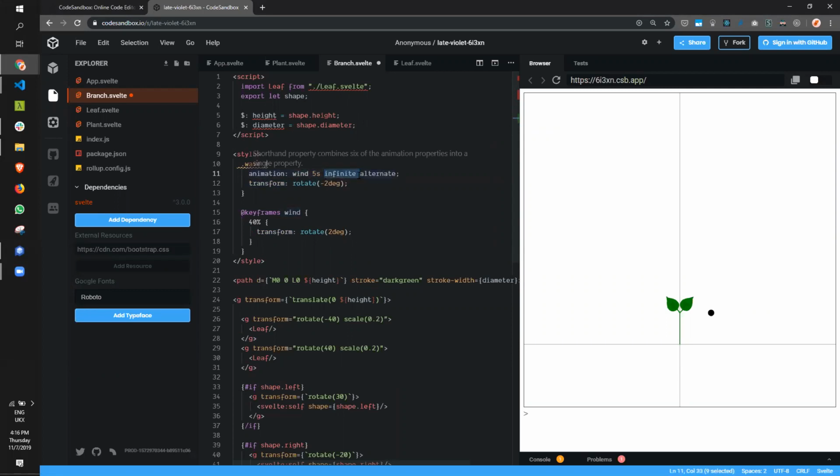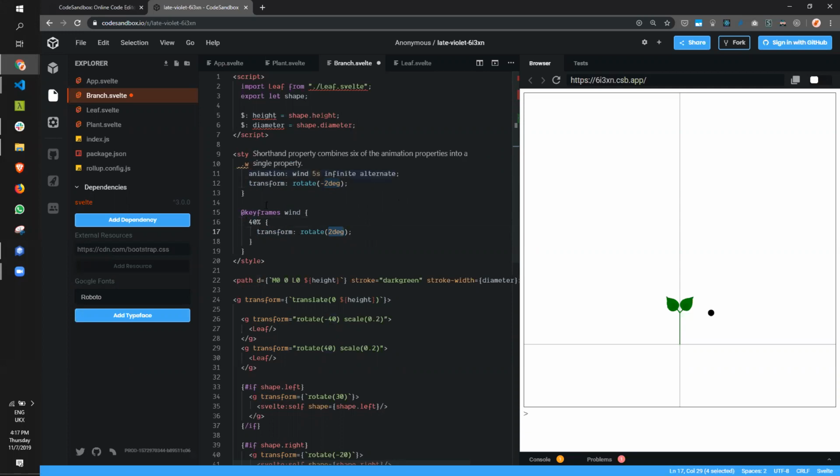We are going to do it all the time, and we are adding a transform of 2 degrees. You have to include the 2 degrees because it's a CSS transform. Then here we are using the wind animation for the keyframes. And we are saying at 40%, you have to be at 2 degrees. So basically what it's doing is going from -2 degrees to 2 degrees and back,